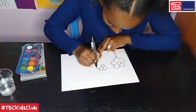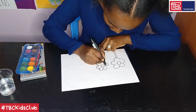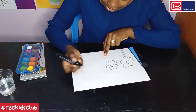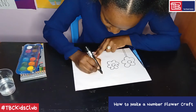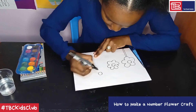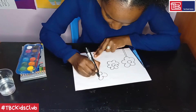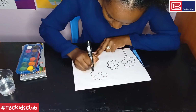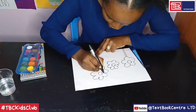You can decide to make the petals a bit smaller so that you can have many flowers. You can even draw taller flowers. I guess for this activity we'll only have 4 flowers, so we'll only be counting up to number 4. But if you want to count all the way to number 10 or any other number that you can, draw